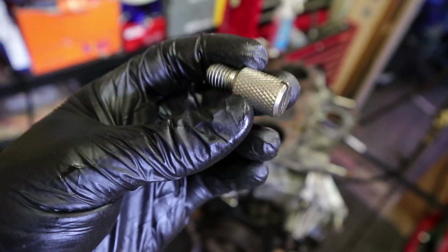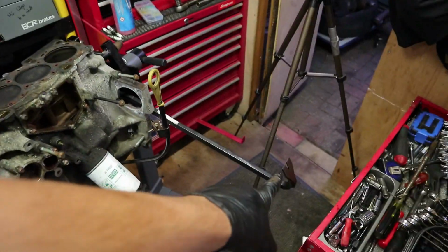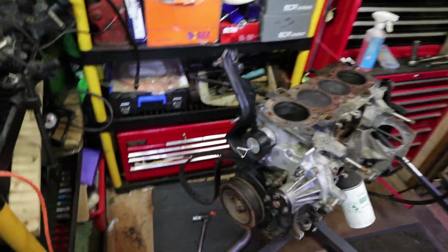I didn't lean on this. I didn't use this as a locking tool, but when I was trying to break it loose one of the times, the pry bar came out, and so the engine spun whilst I was still pushing, and that snapped it off. So it's not the end of the world, but just got to keep in mind